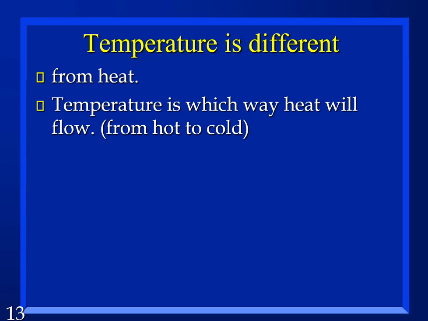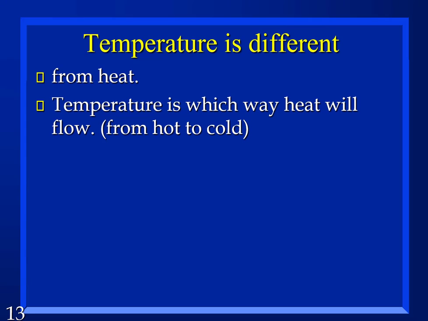So if I put something hot and something cold together, the hot one's going to get colder and the cold one's going to get hotter. Has that been your experience? Okay. Why? Well, temperature is motion. So in the high temperature one, the molecules are moving faster than in the low temperature one. So when I bring them together and they touch each other, the fast ones hit hard on the slow ones and make the slow ones move faster. But that slows down the fast ones.